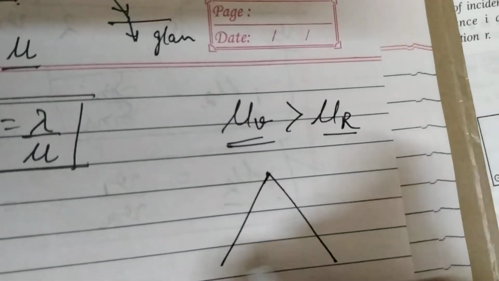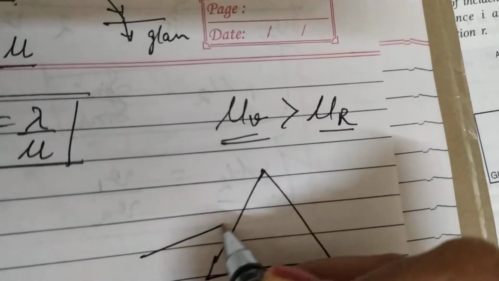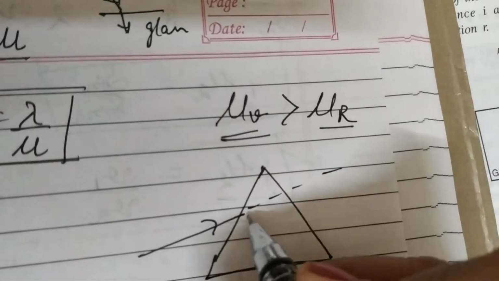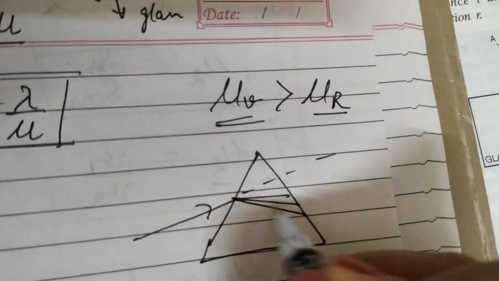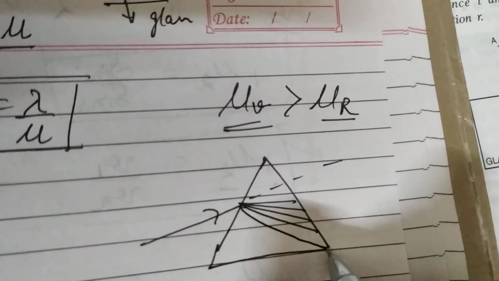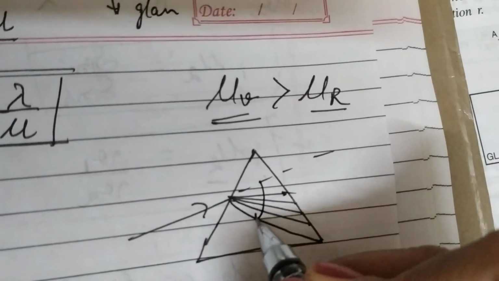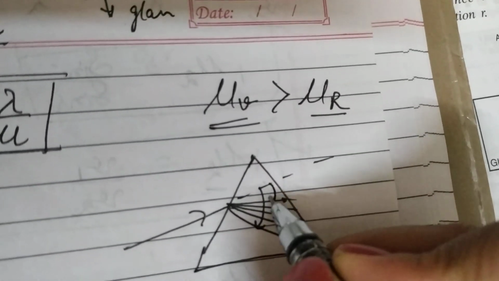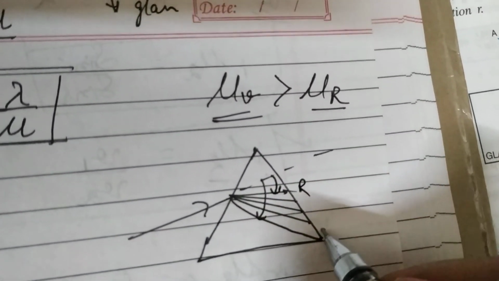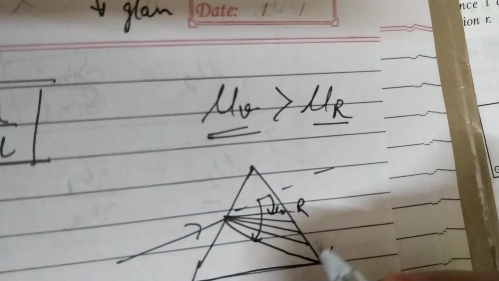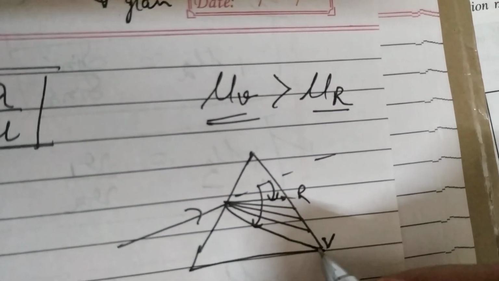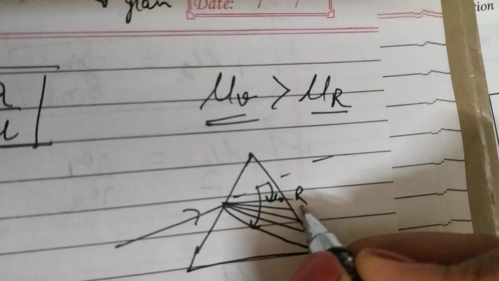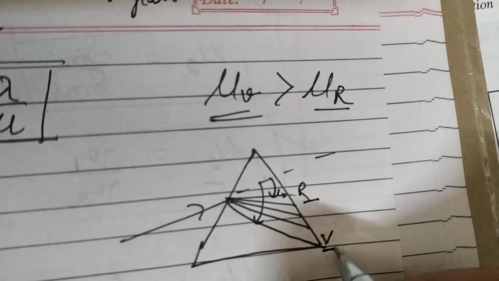This can be learned from our knowledge of the spectrum. We know that for violet light deviation is more, and for red light deviation is less. It means that the speed of violet is much less than that of red. So the less the speed, the more will